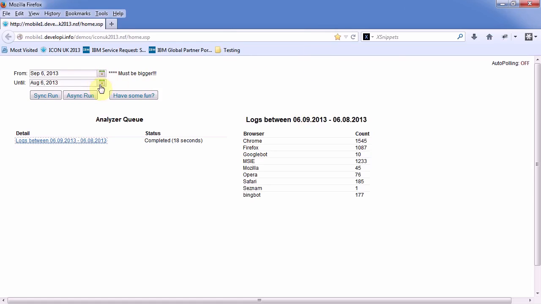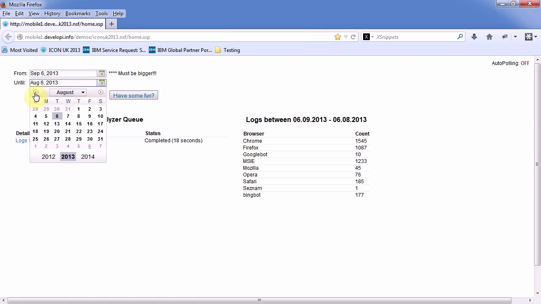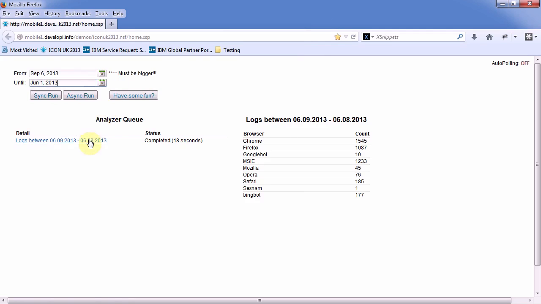I will keep the date interval a little bit larger, like 3 months would be enough, I guess. Yeah. Let's start it, and it will start in the background, and automatic polling is enabled in my code, so it updates the progress bar every couple of seconds, so we can see the progress here. Meanwhile, we can see it alive,